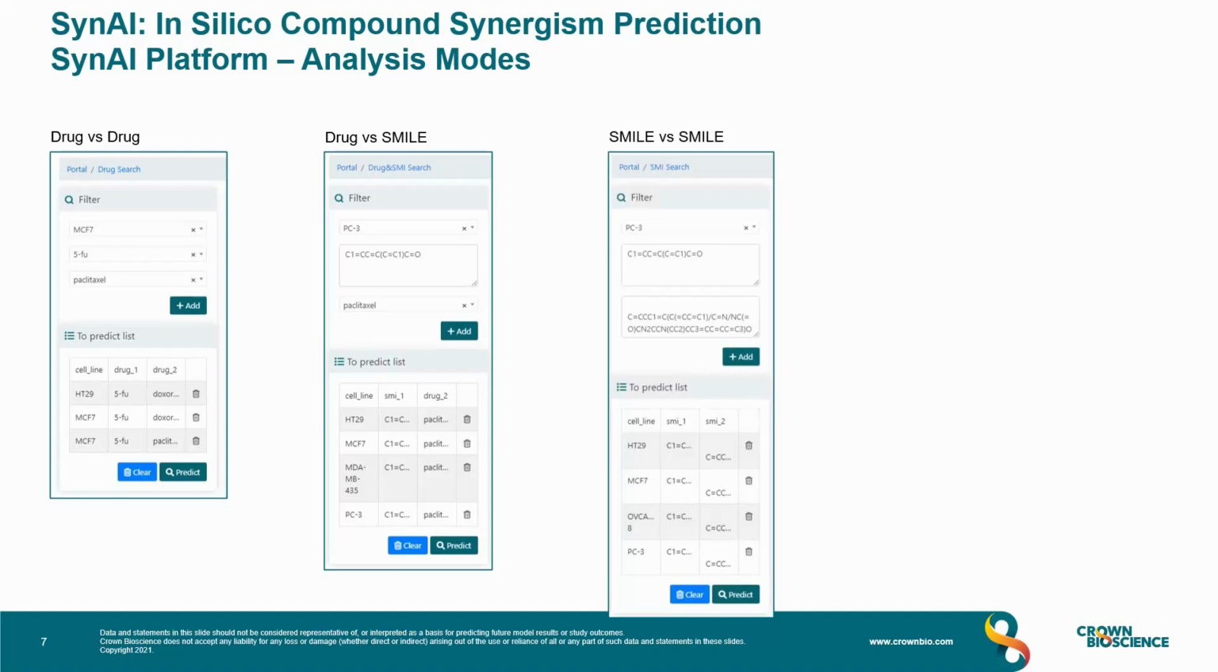The user can simply provide the SMILE sequences, as many as they like, separated using a new line, and choose the cell line. Then the prediction will be performed on the designated cell line across all the user input SMILE sequences. This is what we call the free mode, where the user can just try whatever they want with their